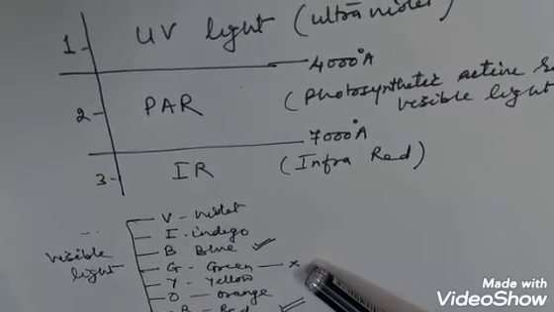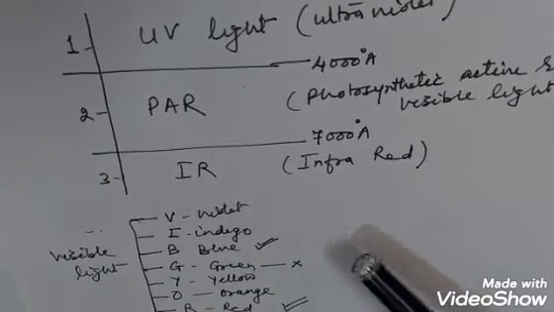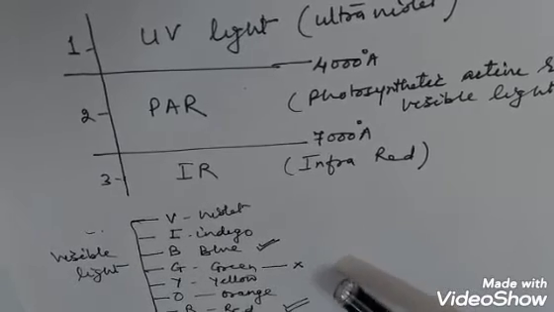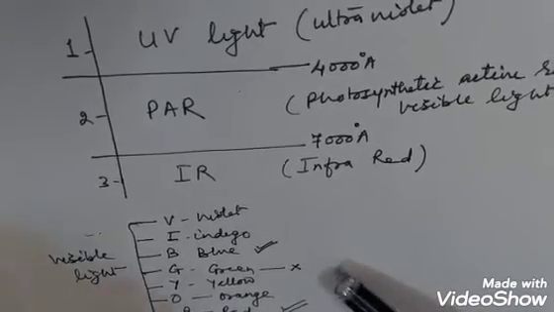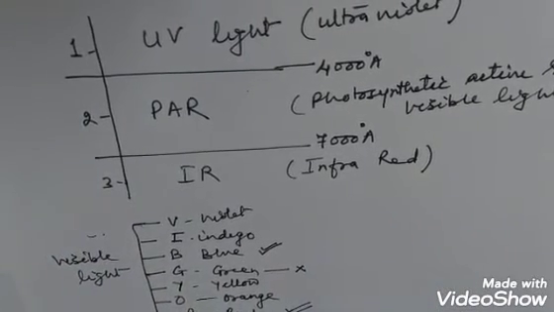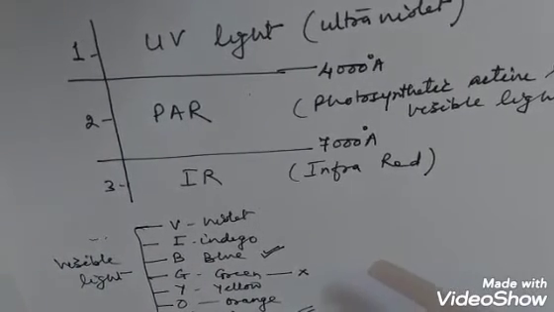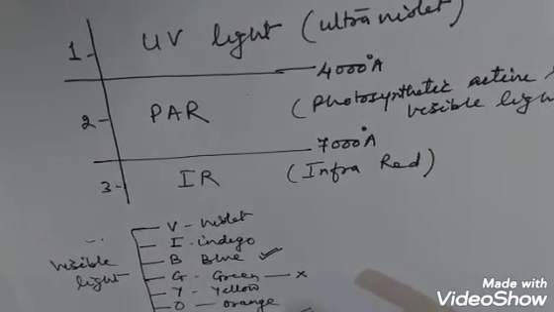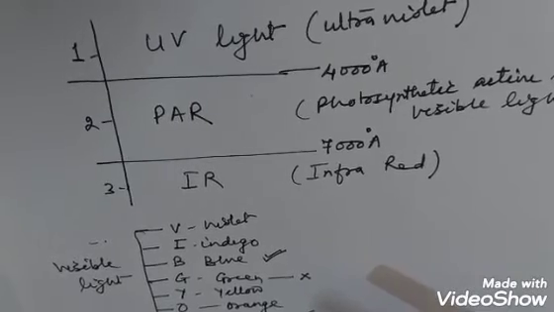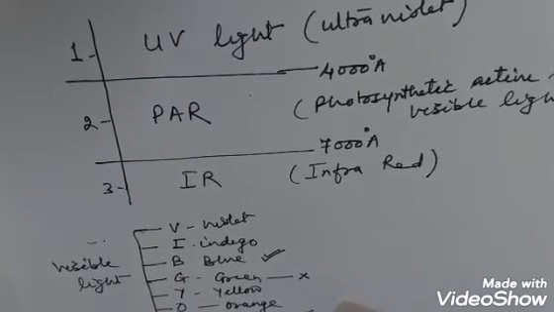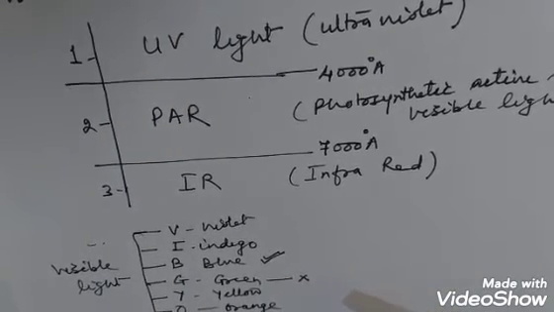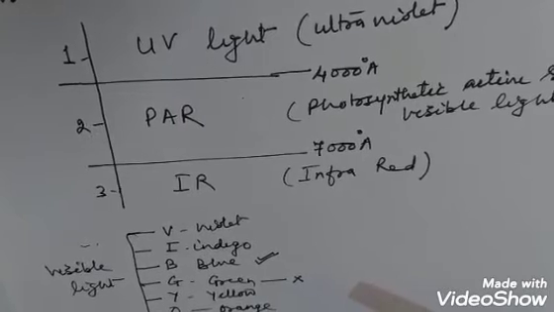Now the second step: when all the chlorophyll molecules, carotenoids and phycobilins absorb this light quanta, they migrate this light quanta to the reaction center. There are 2 types of photosystems where the reaction centers are present, and these photosystems are interconnected through the electron transport chain.